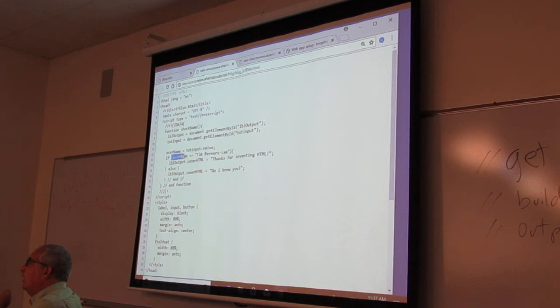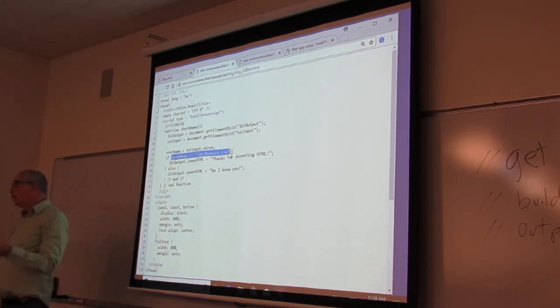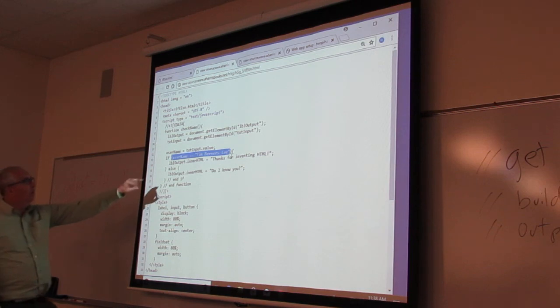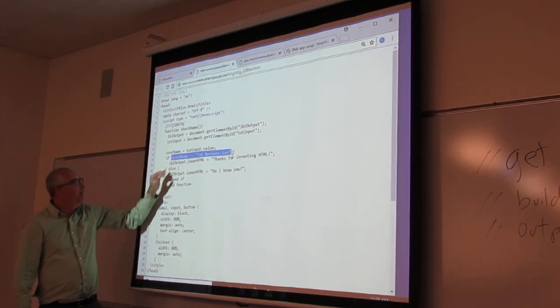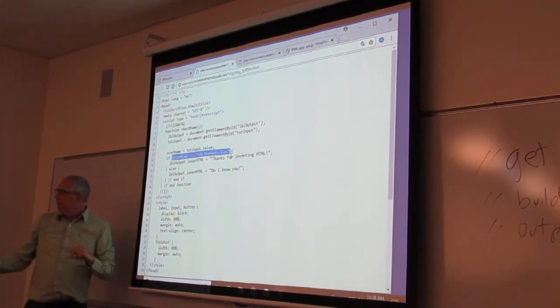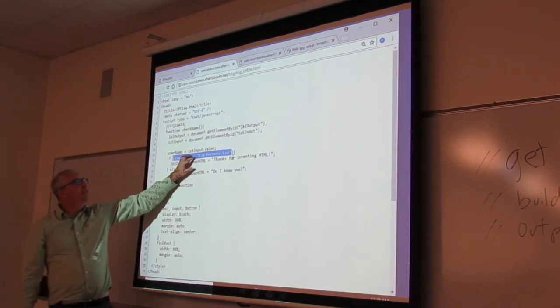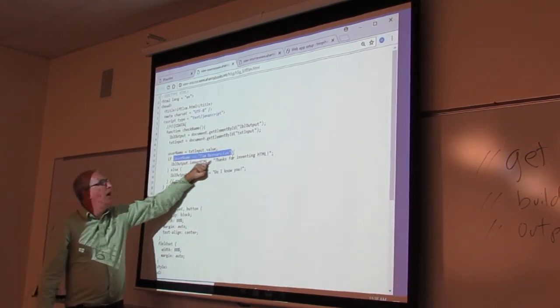Now, in JavaScript, a condition usually goes inside parentheses. Point of order, if is not a condition. If is a function that takes a condition. And so the condition is this comparison. We can do other kinds of comparison like not equal to, or if we're talking about numbers, we can do less than, greater than, less than equal to, greater than or equal to. But the most common one is equality check, for strings anyway. So if the username is equal to this, now you see I've got a mustache thing going on, right? And here's the deal. If this condition is true, then I can do all the stuff